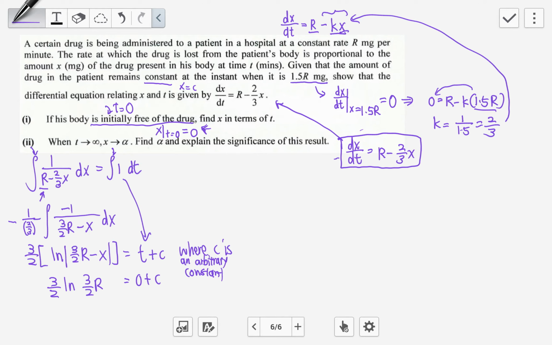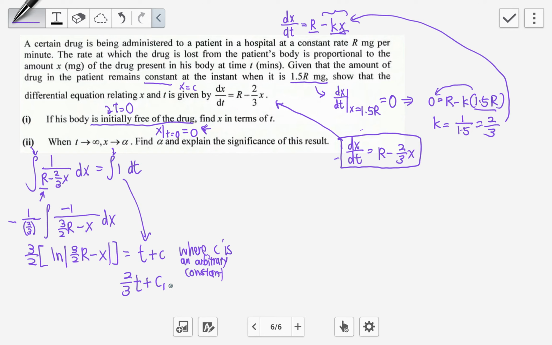Okay, so c is just this. Then I will just substitute back into the equation. Or another way to do it, which is a neater way, might be this. That means I will take 2/3 multiply over, so I have 2/3 t plus, now it doesn't matter what is